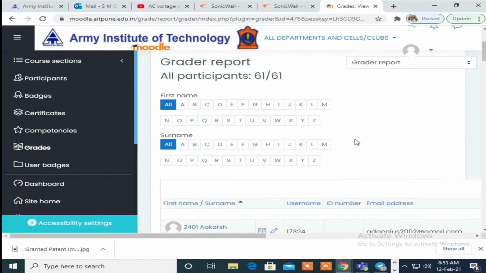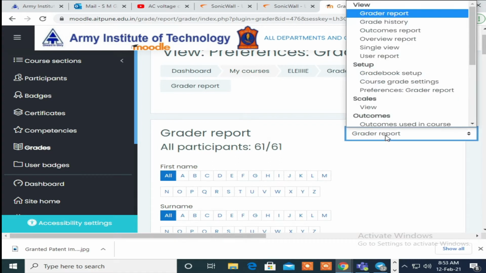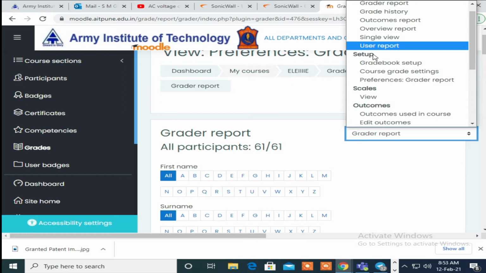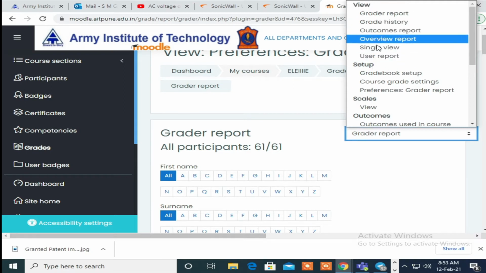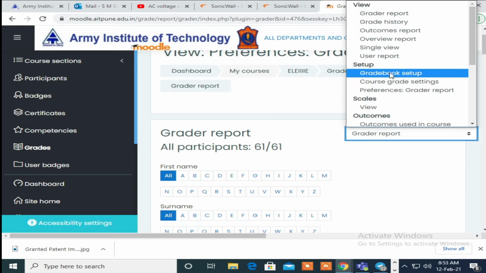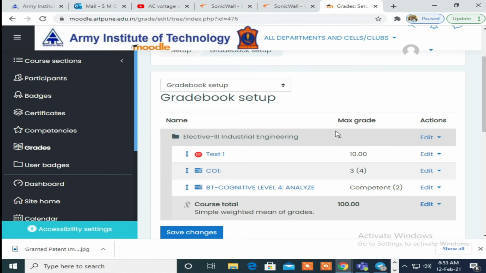Once I turn editing on, I can see grader reports. In the grader reports, just below the setup there is a gradebook setup button. Just click on it.